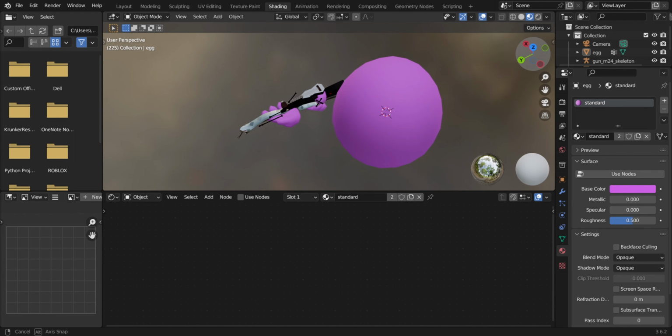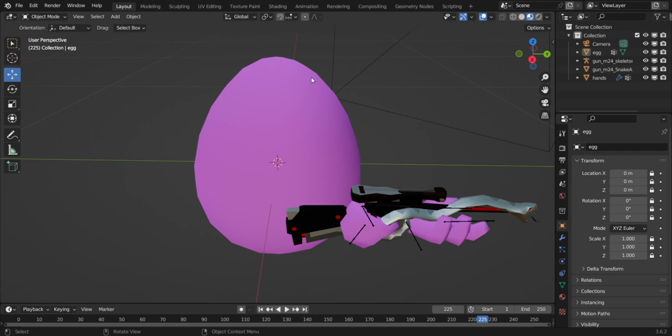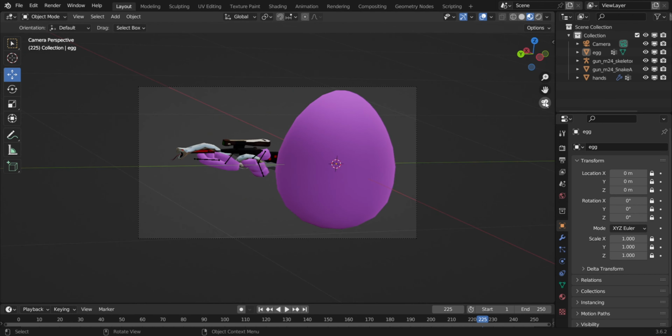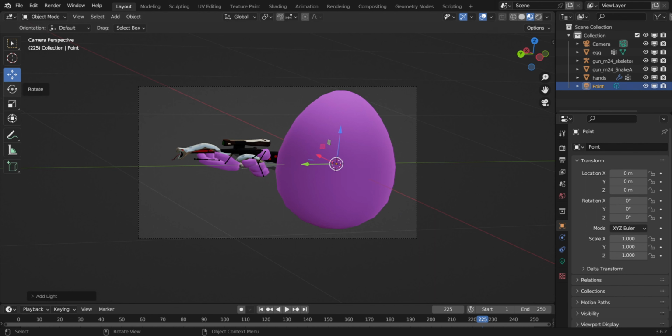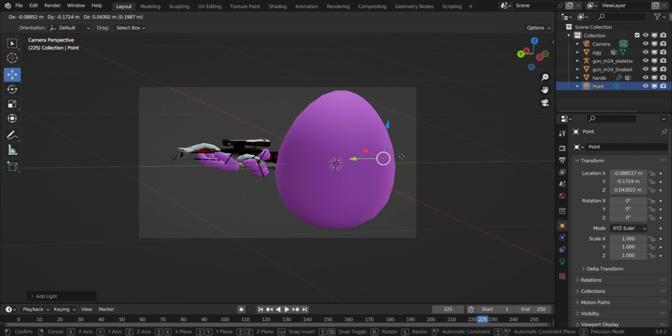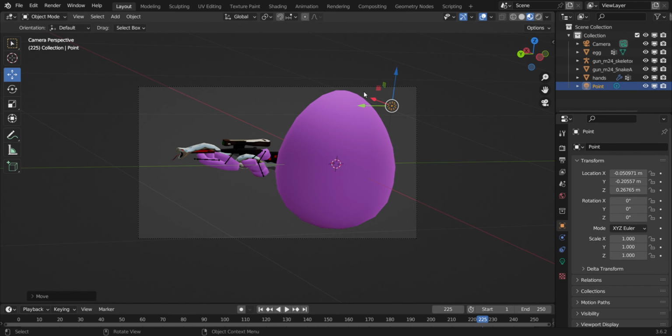But next you need to get some lighting. So go back to your layout tab and go fix the lighting a little bit. So go to your camera view. Next, go to add and press light point. Then you have to move the light point to where you want to have it. So I want some lighting over there. Next, you can actually resize it. And if you do it like that,